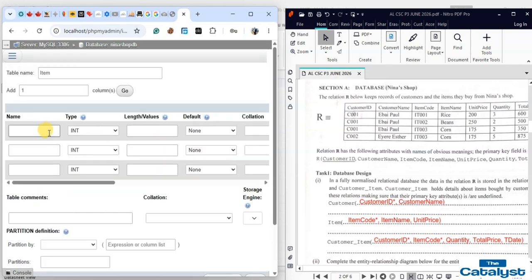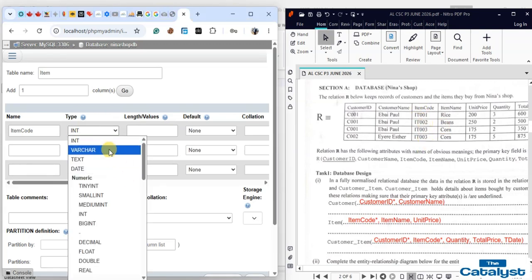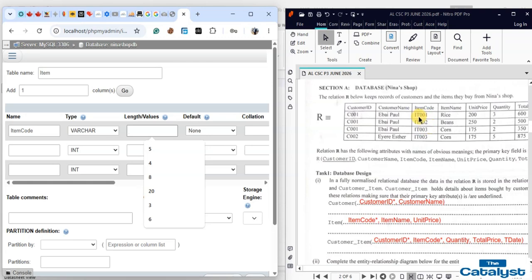What's the first attribute? Item code, which is the primary key of that table. So we have item code. Now, when we look at this, you clearly see that item code also is of type Varchar. So we'll choose Varchar. What is the size? We have 1, 2, 3, 4, 5 characters. So we'll choose maximum 5. And now that item code is a primary key,